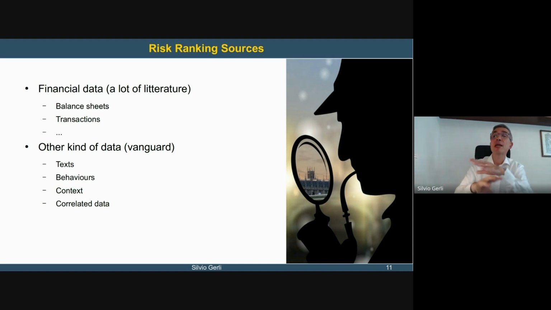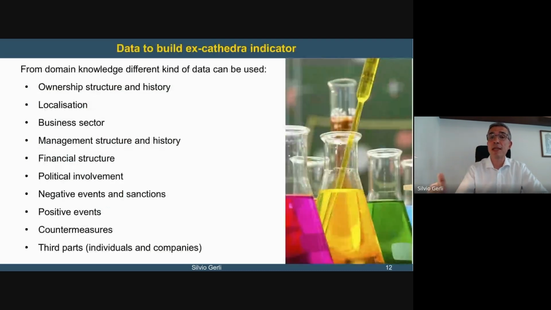So we take this information and create indicators, or we can use the pure force of artificial intelligence and machine learning, as we said, a pure approach, using, as in the previous presentation, supervised data if we have it. If not, using the unsupervised approach, as we saw and heard in the previous presentation. So let's start from the first one, that is data to build ex cathedra indicators. I mean, indicators using data